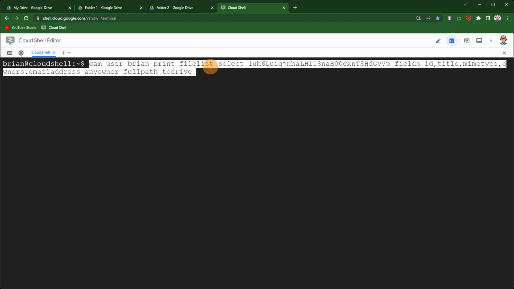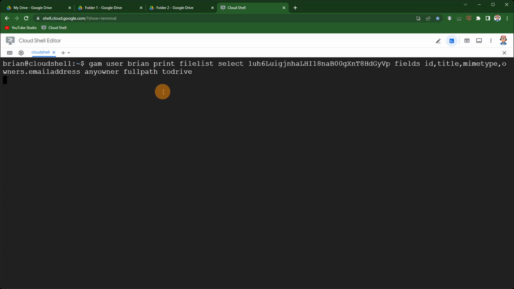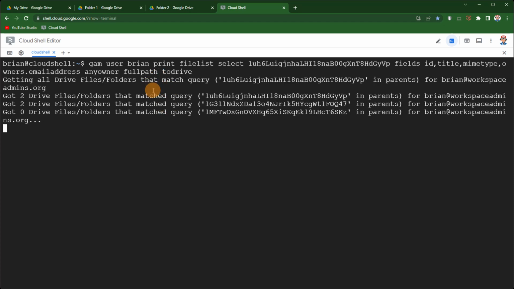So I'm listing the files, selecting the specific folder, asking GAM to return ID, title, MIME type, owner's email address, and regardless of ownership. I'm also asking GAM to return full path, and I am writing that to a Google Sheet. So once I run it, it'll walk through the folder structure